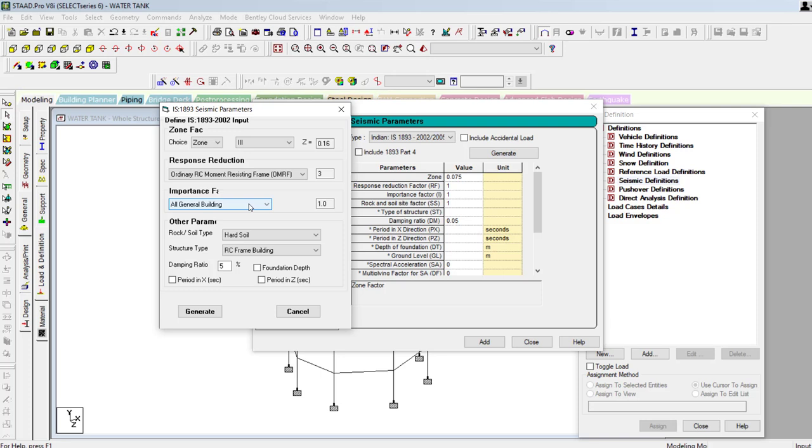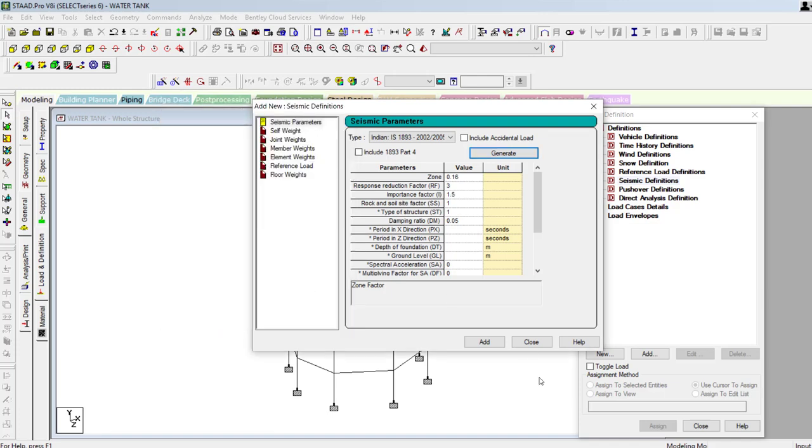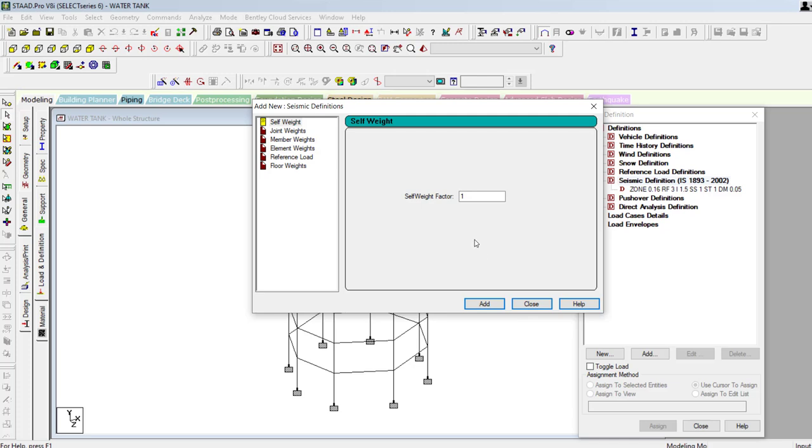And then structure type, importance factor is 1.5, means it is considered as important building category. And then soil type is hard, you can change according to that. The next structure type is RC frame structure, damping ratio is 5%. Generate the values and then add and close.